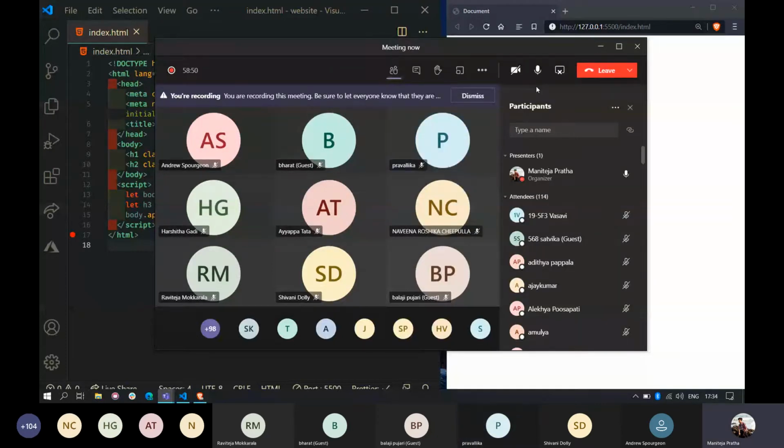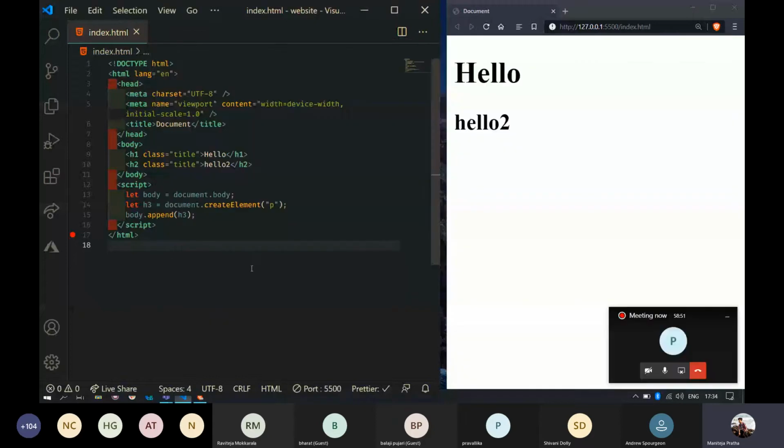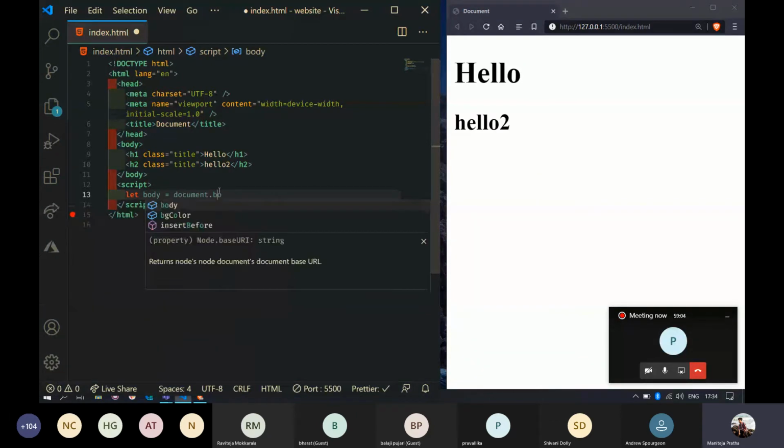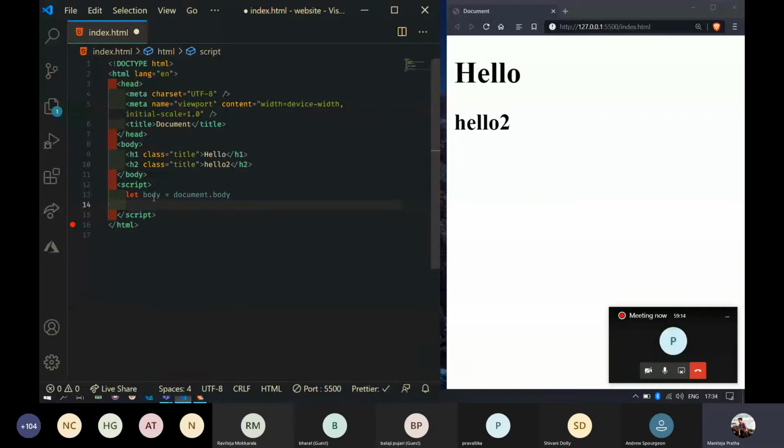So in order to add new elements to the HTML web page, first of all you need to get access to the body, right? That's why let body equal document dot body. Now we have the entire access to the body in this body variable. If you want to add any new elements to the HTML, you need to append it to the body.